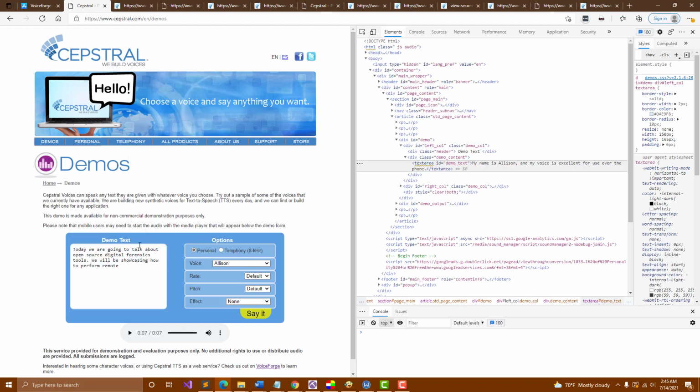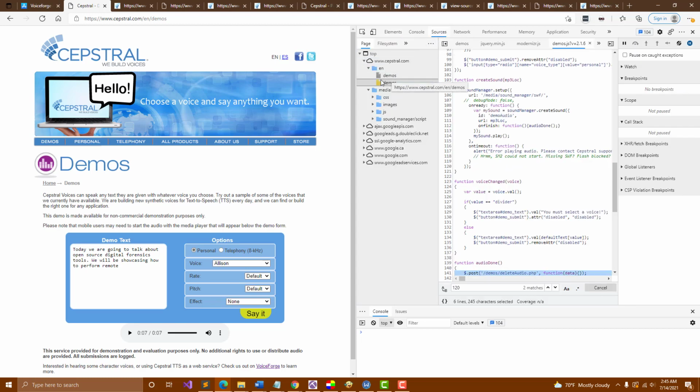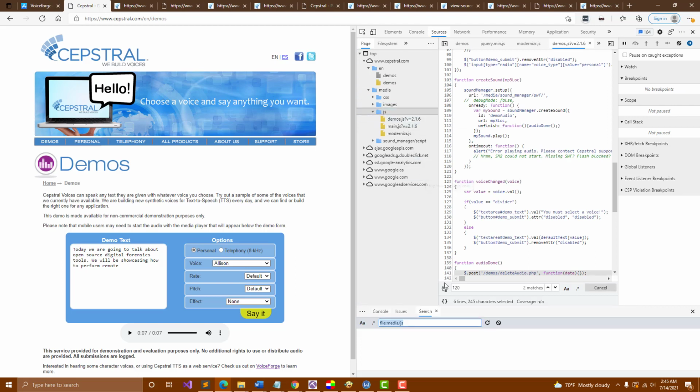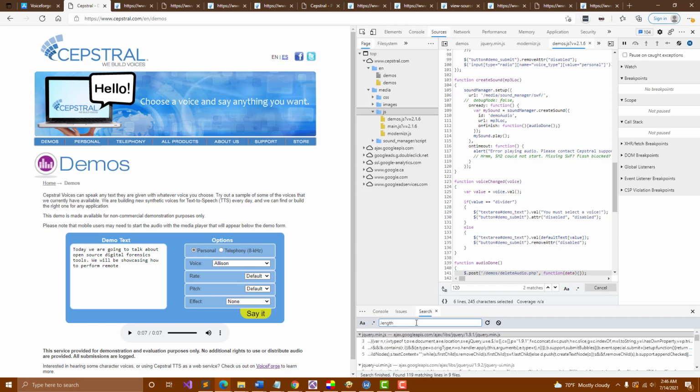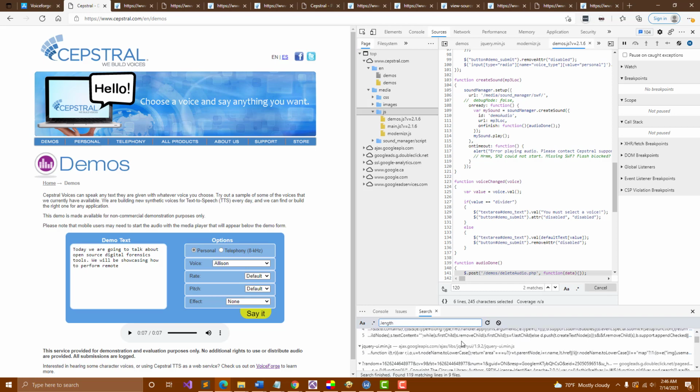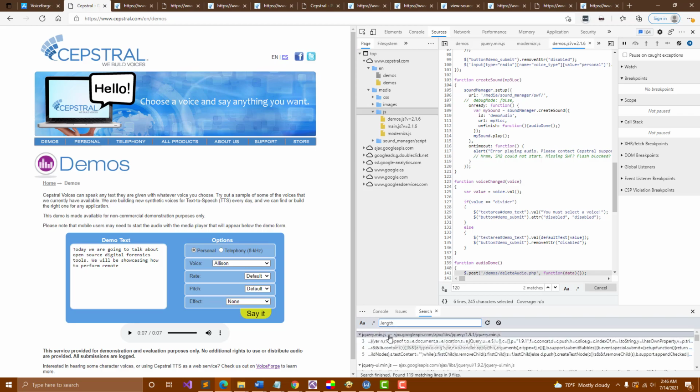So we know it's for sure a textarea, and demo_text is our next good giveaway. Let's click onto sources, and then we're for sure working with some sort of JavaScript, right? We click search in folder and search .length, and we can see this